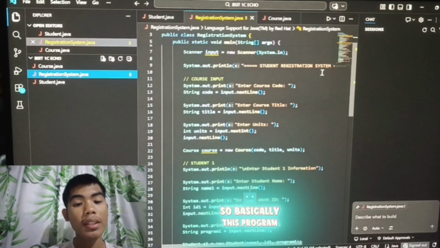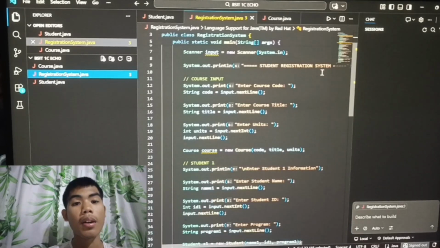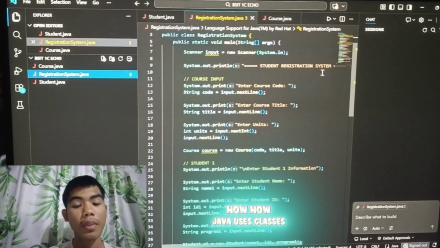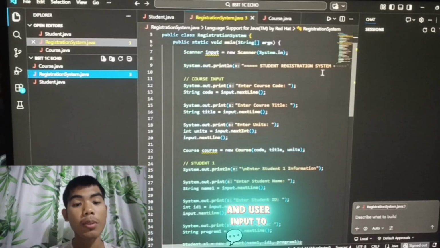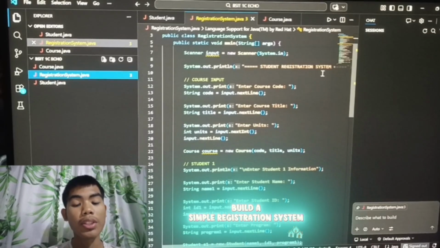So basically, this program demonstrates how Java uses classes, objects, constructors, and user input to build a simple